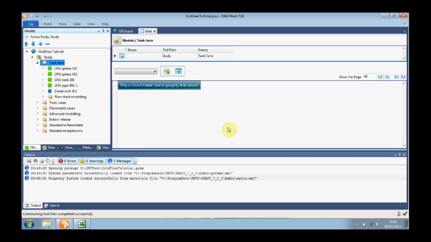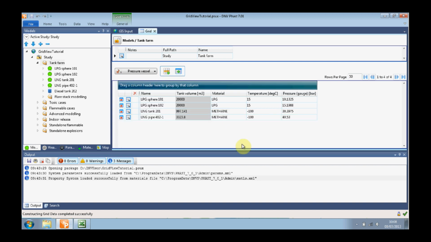We will now look at the exporting and importing data feature of the grid view. To export to Excel, the grid view allows you to copy and paste the grid view data. In this example, we will view all pressure vessels in the tank farm folder. So move to the tank farm folder and select pressure vessel from the drop down menu, and then only the pressure vessels in this folder will